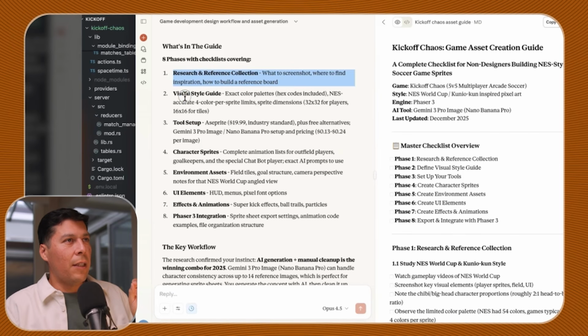Like we have the power of AI to help us research and then help us generate the steps that we need to get to the next thing. And I think this is the biggest unlock for AI that we've ever seen in our lifetimes. So there's a research and reference collection. There's a visual style guide. Awesome. And we have a tool setup, a sprite,